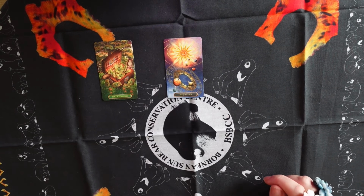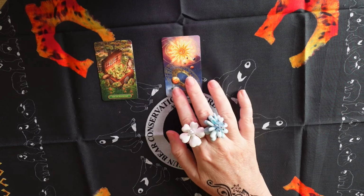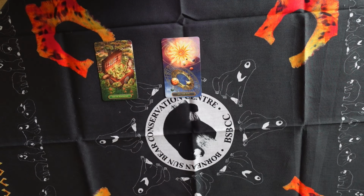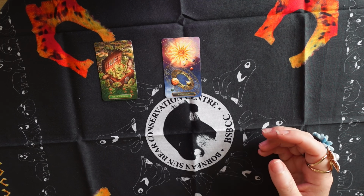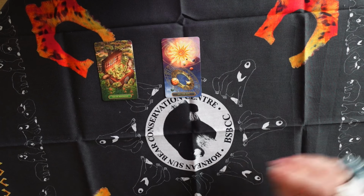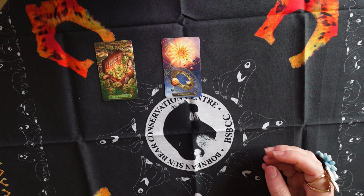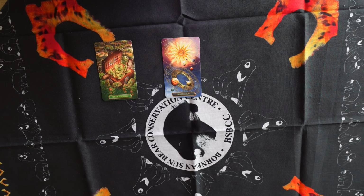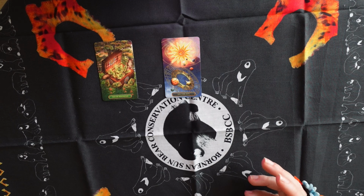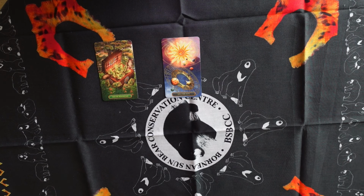So this one says, what do I need to focus on while Mercury is in retrograde? And it tells me to focus on joy, basically, on the Sun. But the joy of the Sun is kind of ephemeral, in the sense that it really comes and goes. It's very short. It's very related to something very light, and that can really go away in a second. So obviously this card is telling me to hold on to this joy, hold on to the possibility that this actually points out for me, and not necessarily think that it's something impermanent, but just try and hang